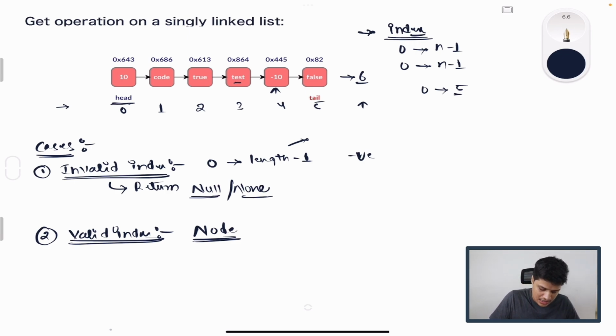So let's assume that the index that the user has given is, let's say, 3. That means my program should return the node that is available at index 3. That means I should return the node test as the output. So what exactly I will do is I will start traversing the linked list at the head node, because in